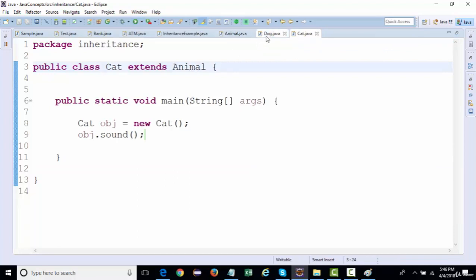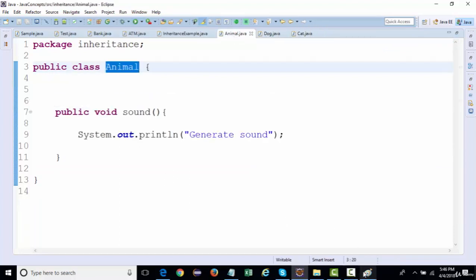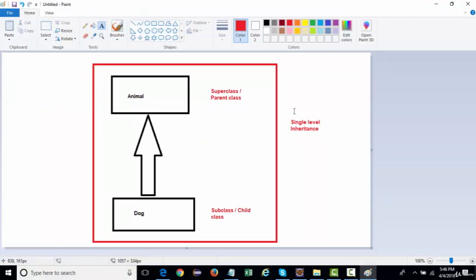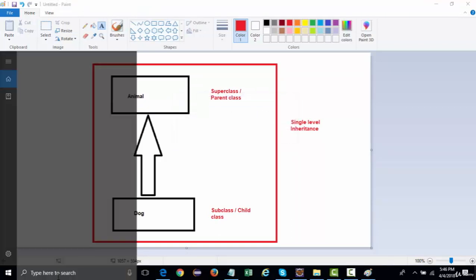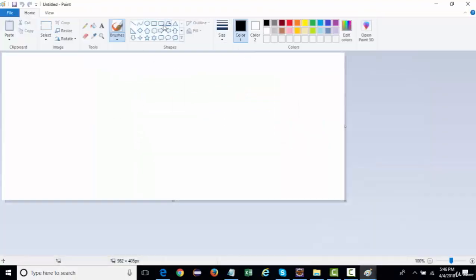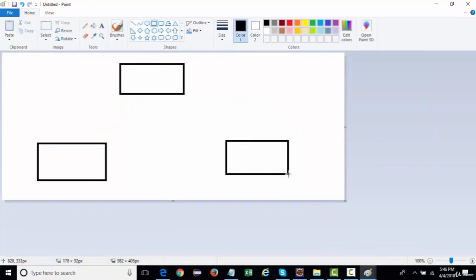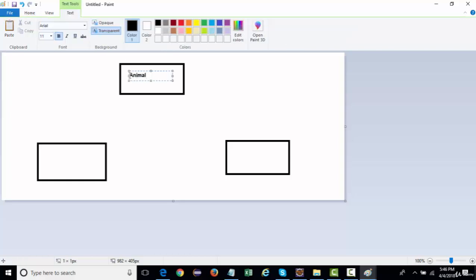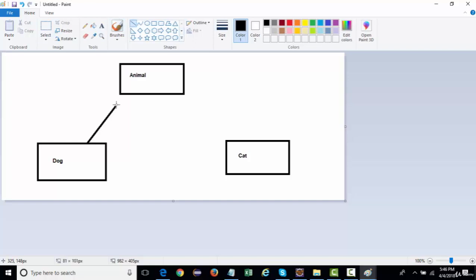So if I talk about a relationship now, the way that we have seen single level inheritance, if I again open Paint, this time we have one parent class and two child classes. The parent class is the animal class and the child classes are dog and cat, where the child inherits the property of a parent. Wherever you have the head of the arrow, that is basically the parent class, the super class.